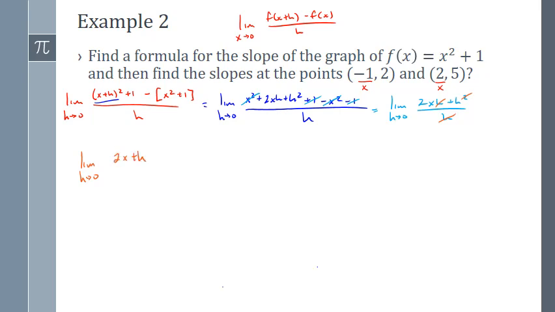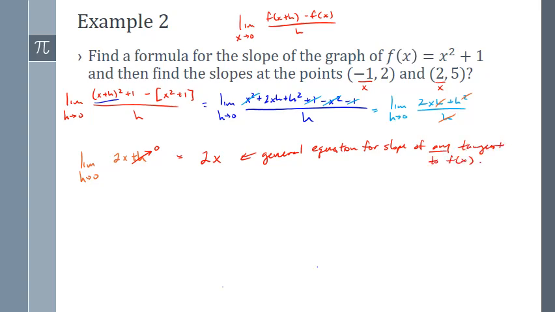Now I can apply direct substitution because there's no undefined parts. When h goes to 0, I'm left with a general function of 2x. So that's the general equation for slope of any tangent